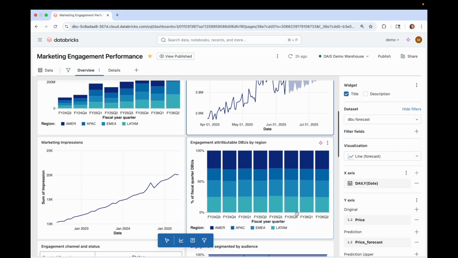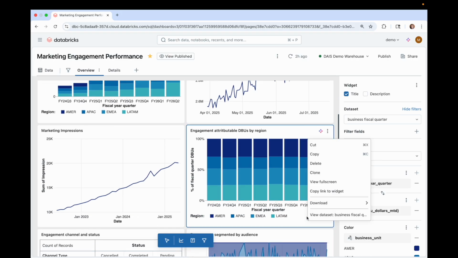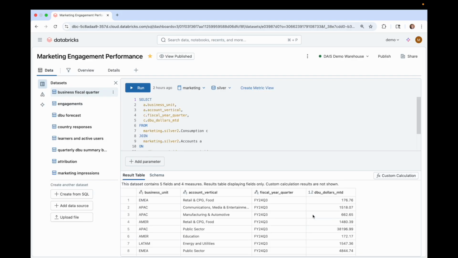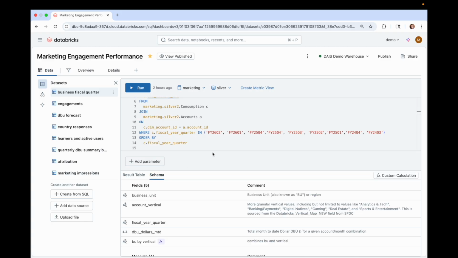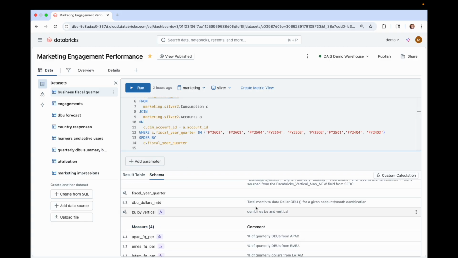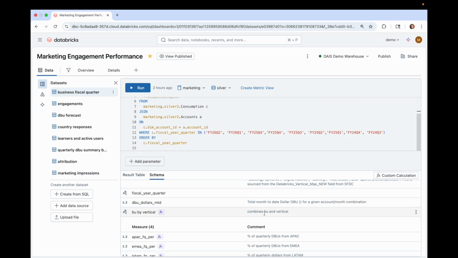One of the things that's just so core to a dashboard author, of course, is being able to author custom calculations. So if I go to view this data set, the one underpinning this visualization, you'll see I have a SQL query here where I'm just selecting some dimensions and then DBU dollars month to date. I've already gone ahead and added a new dimension, BU by vertical. It just combines business unit and vertical to have a new slice I can use, as well as